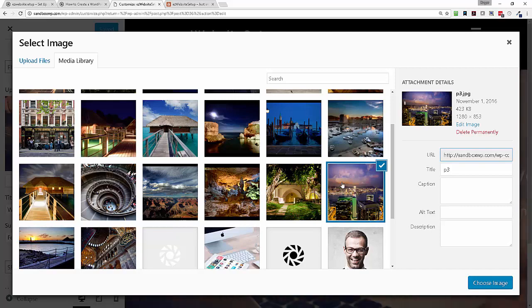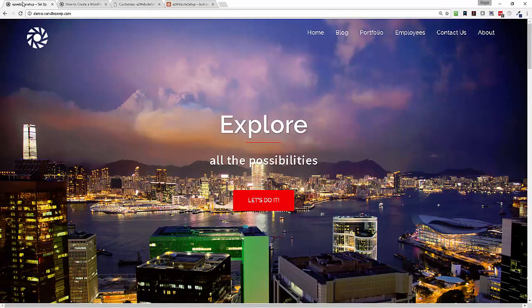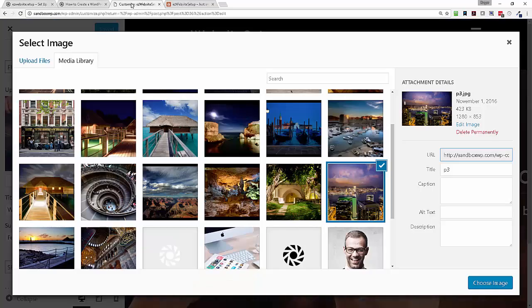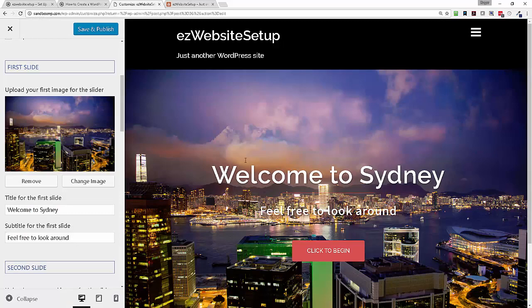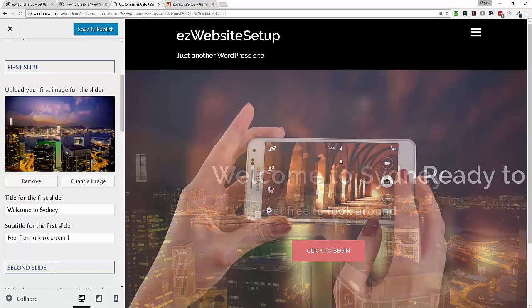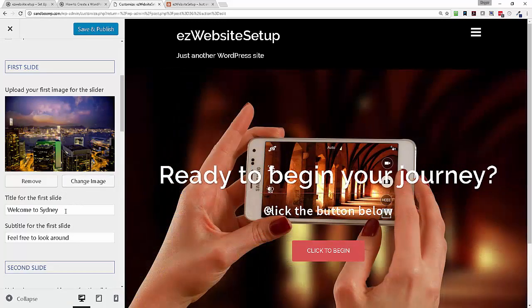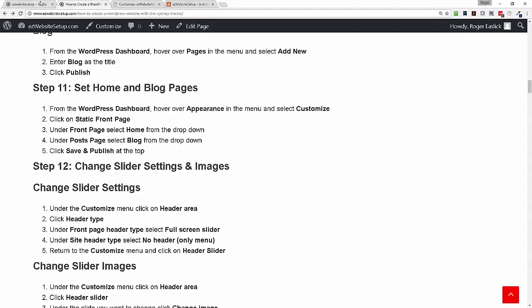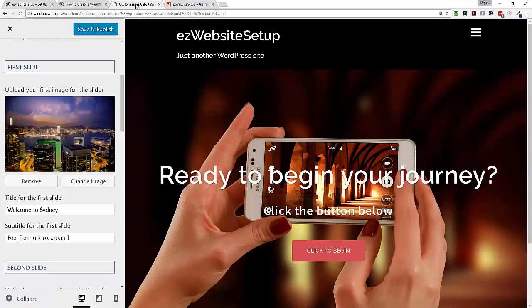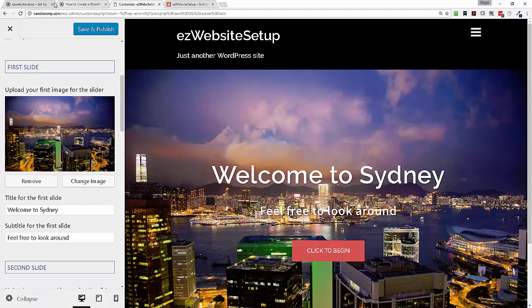So we're going to use this one right here, I believe it was. Yep. And we are going to click and choose that one, and then click on choose image. Alright, and then you'll see over here to the right, it shows you the image is changed. And instead of saying welcome to Sydney, we're going to change that text